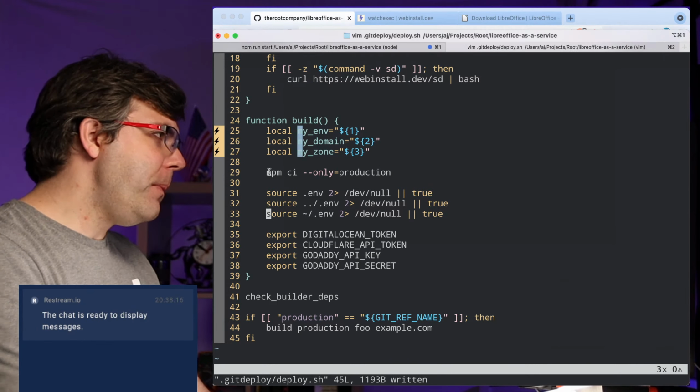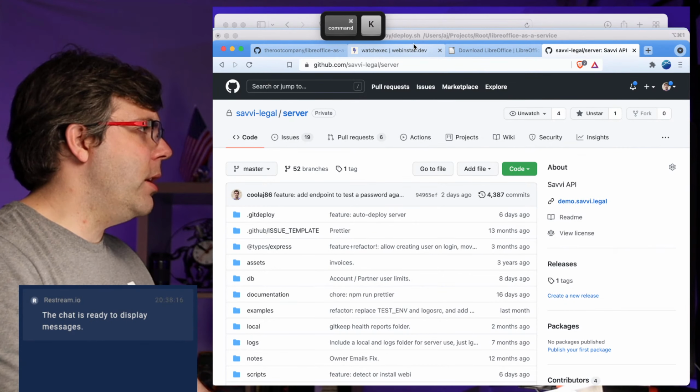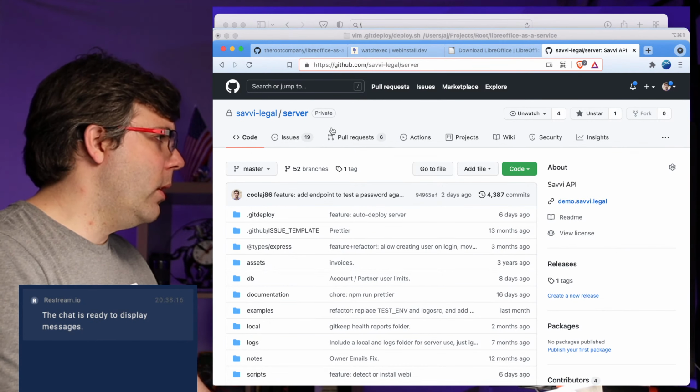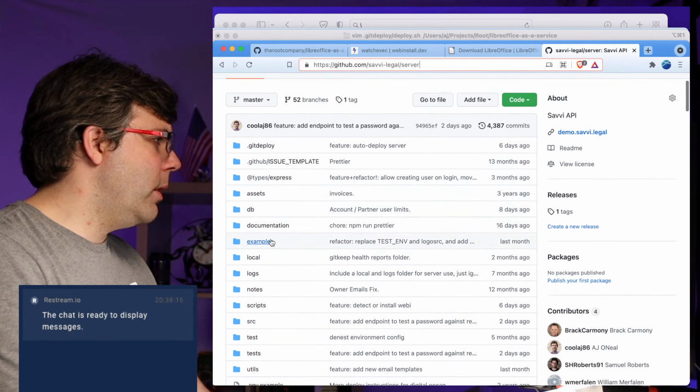I need to go look at some other code here. I don't like that at all. This one's too big, and it doesn't let me position it very well. Okay, so I'm going to go into scripts. No, not scripts. Not at first. I'm going to go into git deploy,